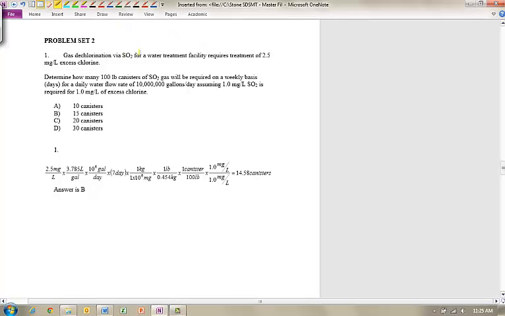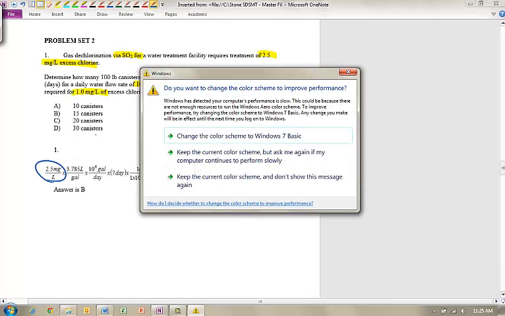Sulfur dioxide is added at a water treatment facility that has 2.5 milligrams per liter of excess chlorine. How many 100-pound canisters of sulfur dioxide will be required on a weekly basis? We've got a lot of units to work with here, for a daily water treatment flow of 10 million gallons per day, assuming 1 milligram per liter sulfur dioxide is required for every 1 milligram per liter of excess chlorine. So first we attack this by looking at the chlorine demand,